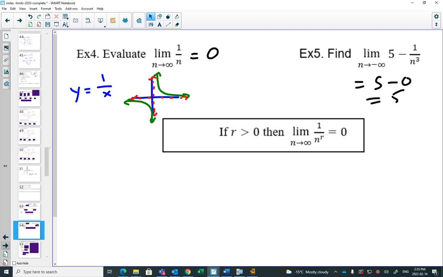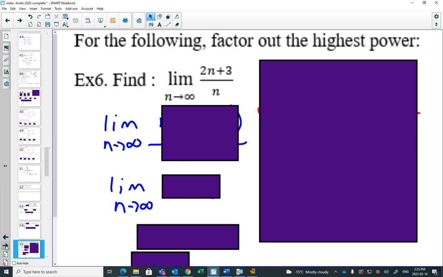And in fact, whenever you're dividing by a large number, 1 over n to the anything, and here it is, r is bigger than 0, so it must have been a typo from the last one. 1 over any value of n to any power, as long as it's positive, is going to equal 0. So that's going to help us as we get into a few more complicated questions where we're going to have this as a strategy.